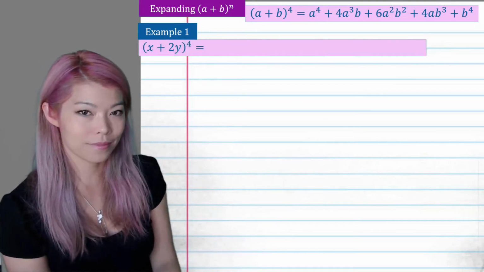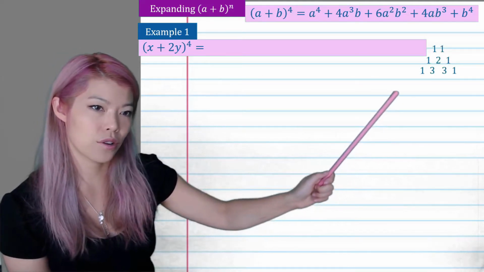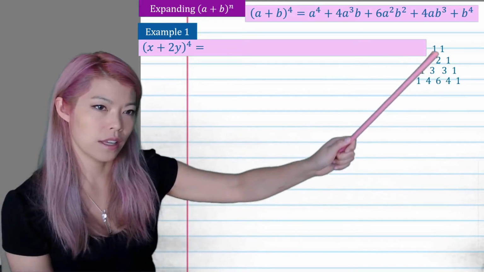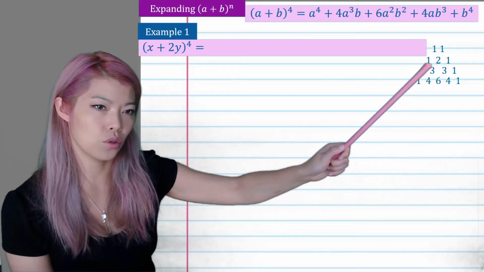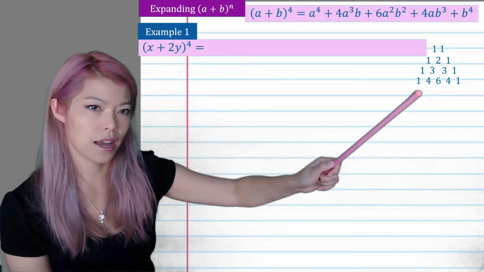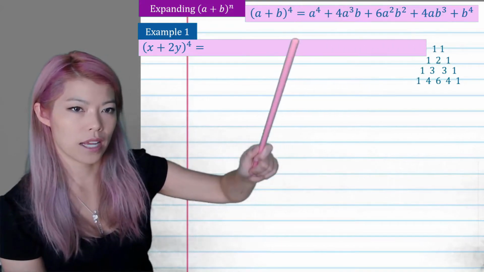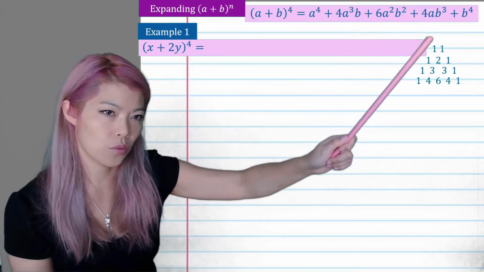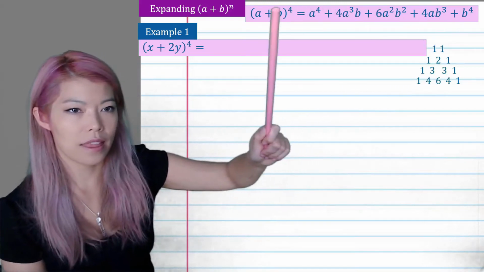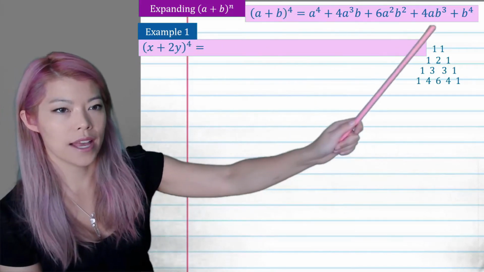Example 1. To come up with this formula, you would write your Pascal's triangle really quickly on the side. We want 4, so we write until we see the 4. So 1, 1 add up to 2, 1, 2 adds up to 3, 1, 3 adds up to 4. So you write until you get to that line, and you write 1, 4, 6, 4, 1, and you write a to the 4, a to the 3, a to the 2, a to the 1, and you write b squared, b3, b4. And you write this out, and then you'll substitute x for all the a's and 2y